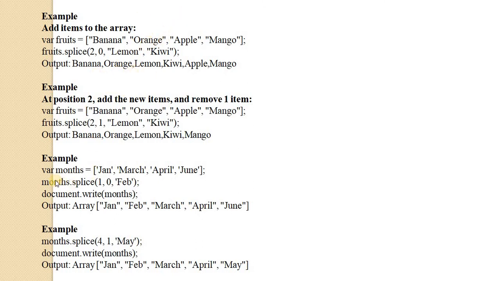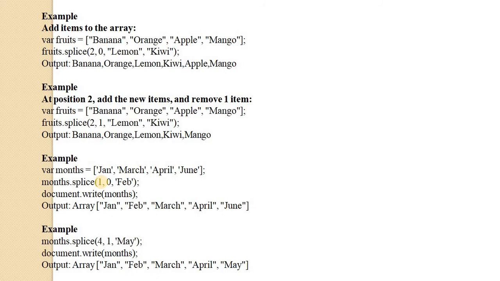Again we declare an array and assign the values Jan, March, February, April and June. Here you can also declare a string in single quotes or double quotes. months.splice means we apply the splice method.